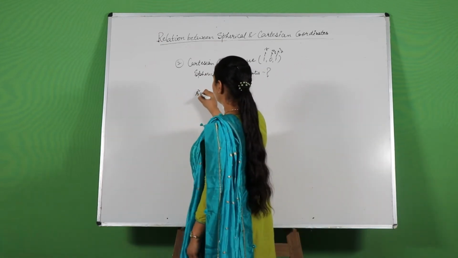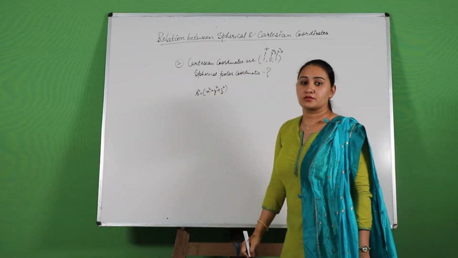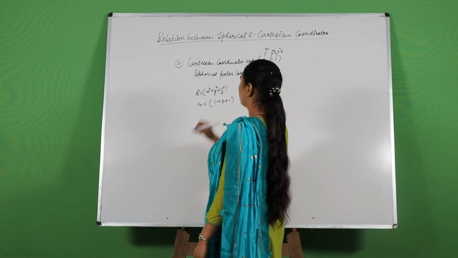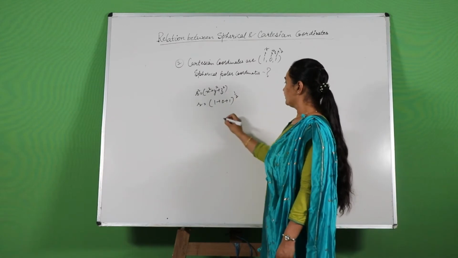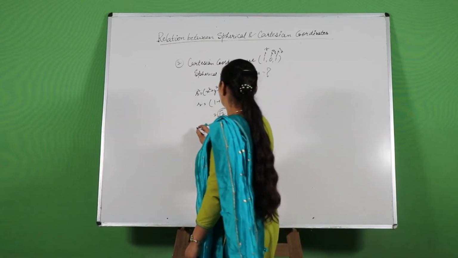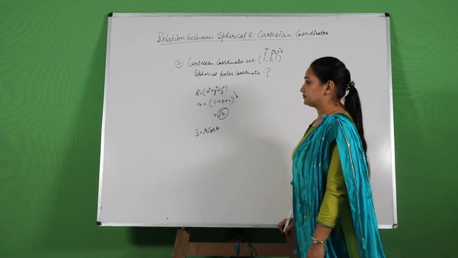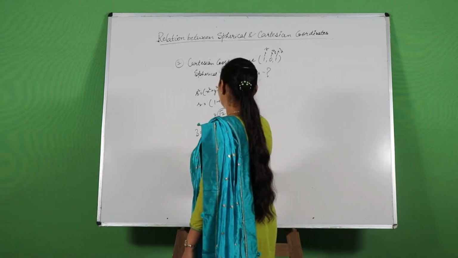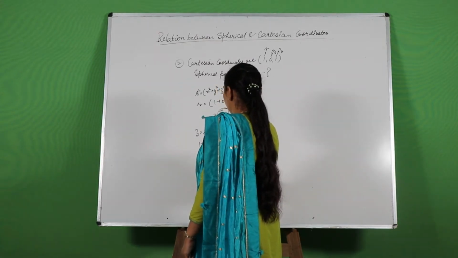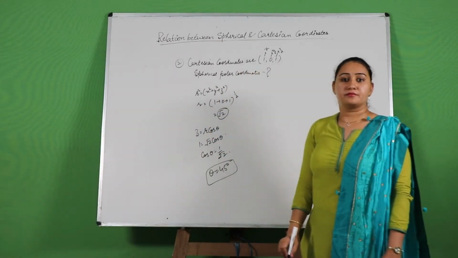and if I want to find r, that is r square is equal to x square plus y square plus z square. So r square is 1 plus 0 plus 1, that is 2. So r is under root 2. Now I have z is equal to r cos theta. 1 is equal to under root 2 cos theta. Cos theta is 1 by under root 2 and theta will be my 45 degree.